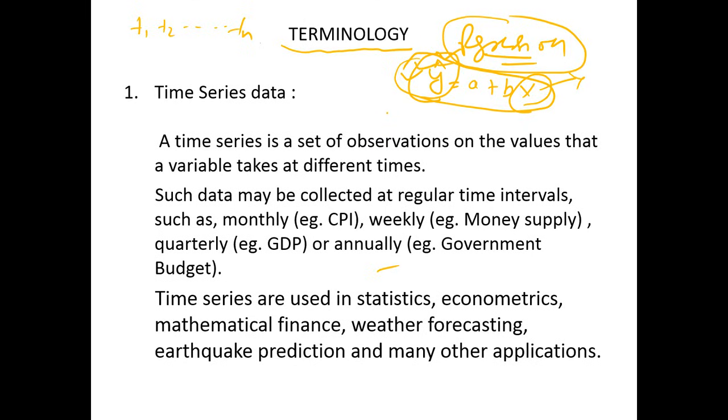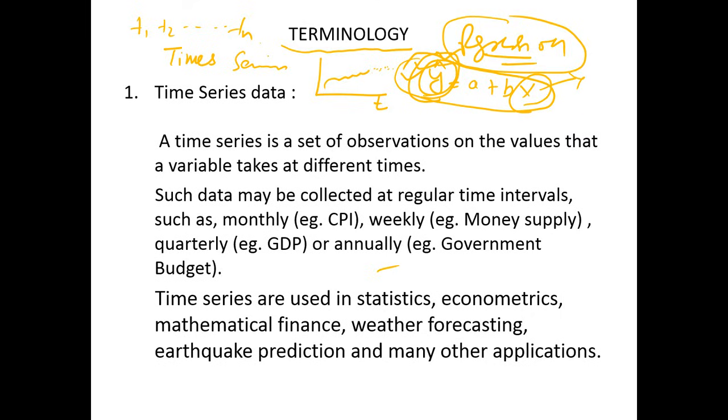In such a scenario, where you only have the values of a single variable, the variable of interest, and you don't have any covariates available, you go for what is known as time series forecasting, because you have only one variable in place. What you do is simply plot the trend of that variable y over time and see the pattern. Based on the historical pattern, you simply extrapolate to the future.